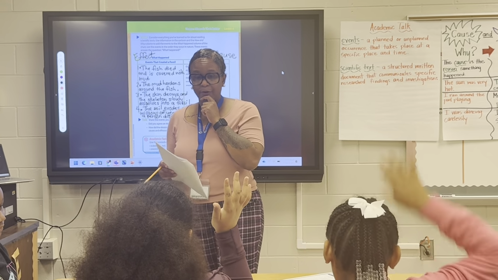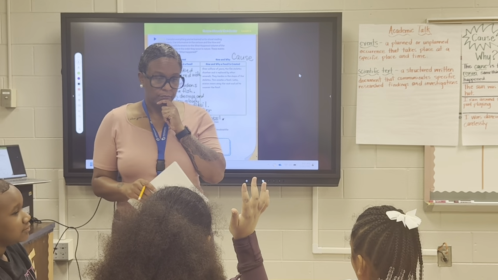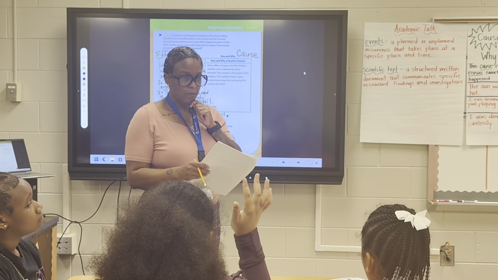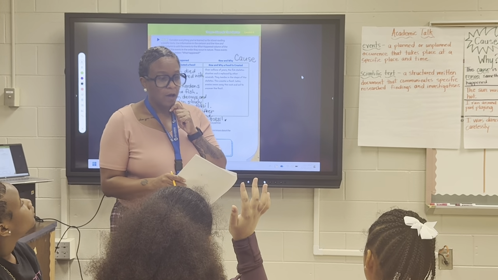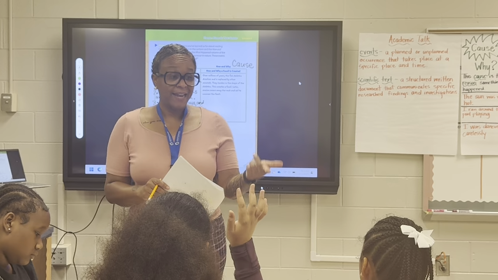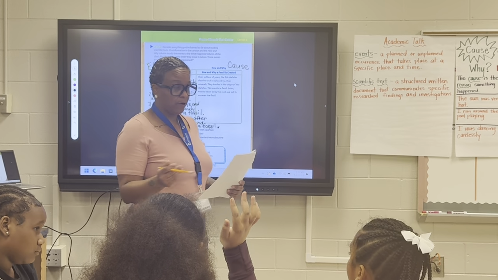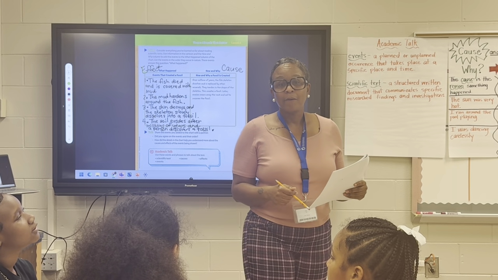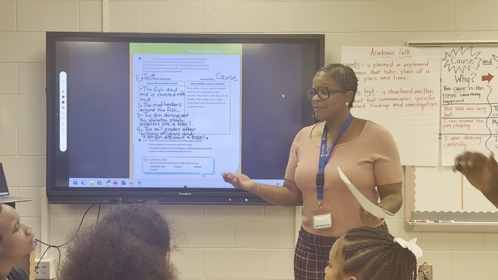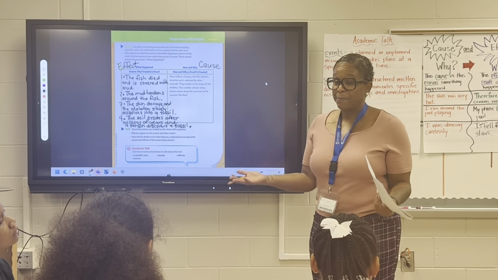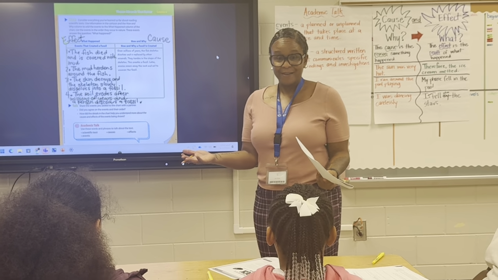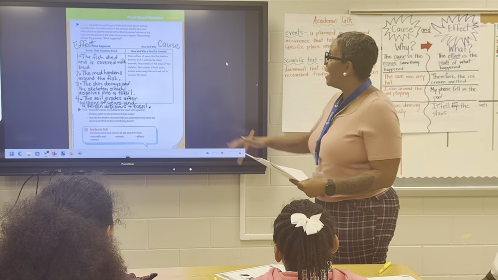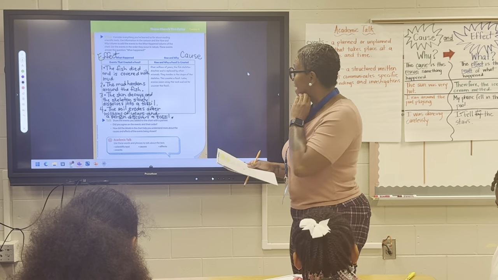Tell me, what do you think, Braylon? So we can know what the cause and effect was about minerals that matter. Okay, so you can identify the cause and effect. Savannah, what do you think? So you can understand the cause and effect. So we can understand the cause and effect in what type of text, class? Scientific text. This pretty much outlined what we learned in the scientific text.